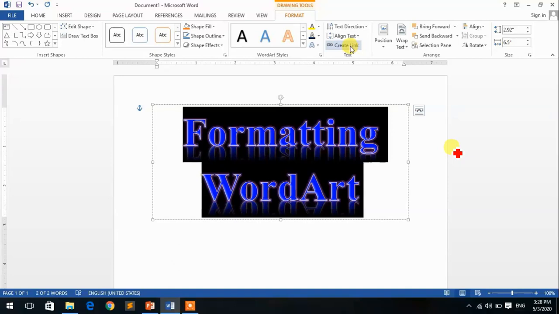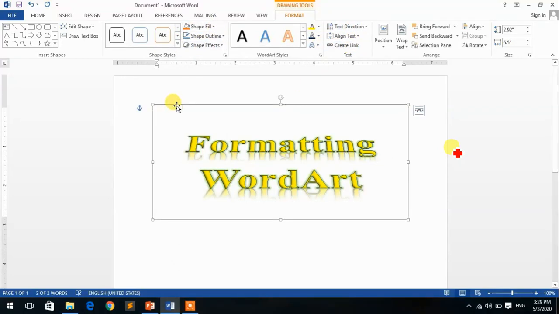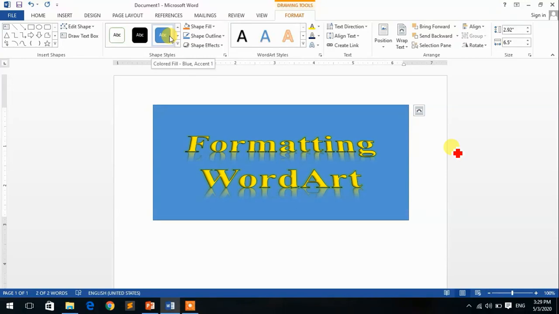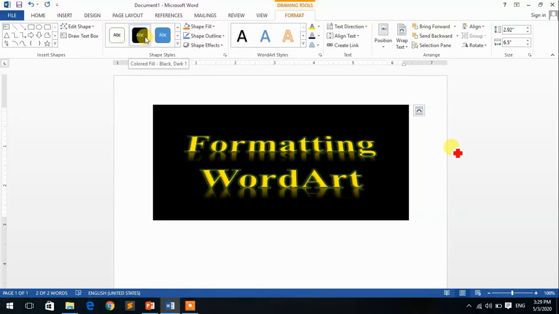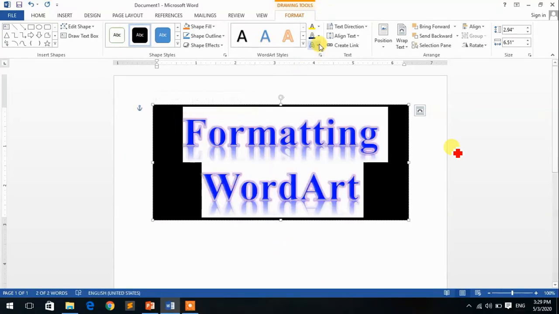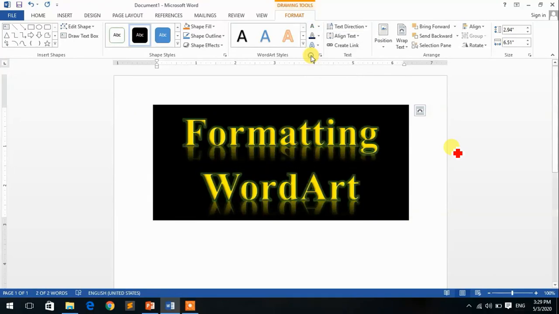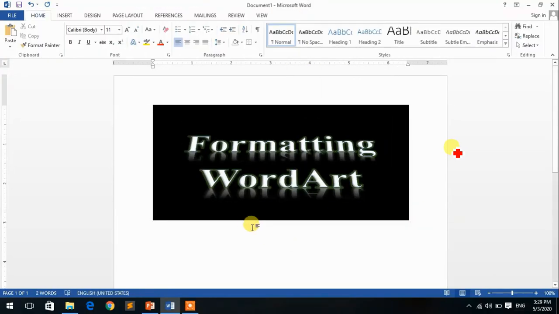You can change its alignment in that text box. For filling your text box, you can change the text box fill option. So using these tools you can change the formatting of the MS WordArt.